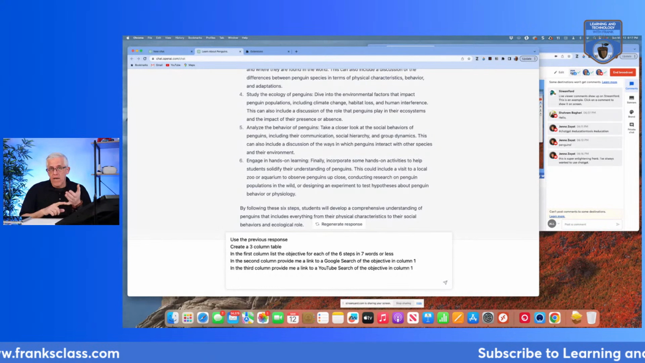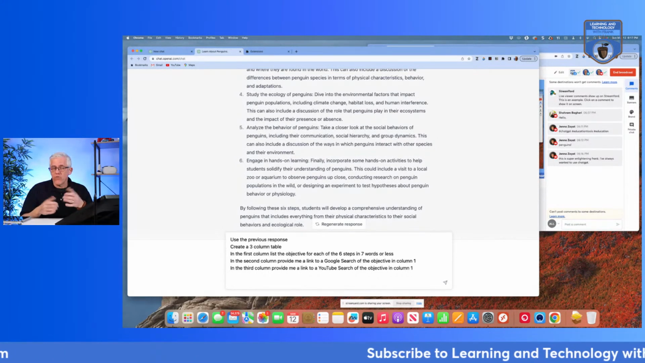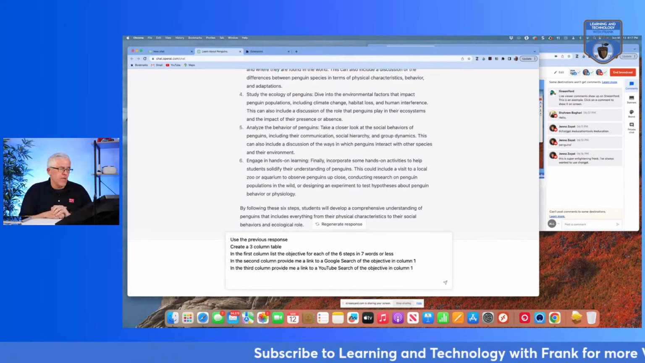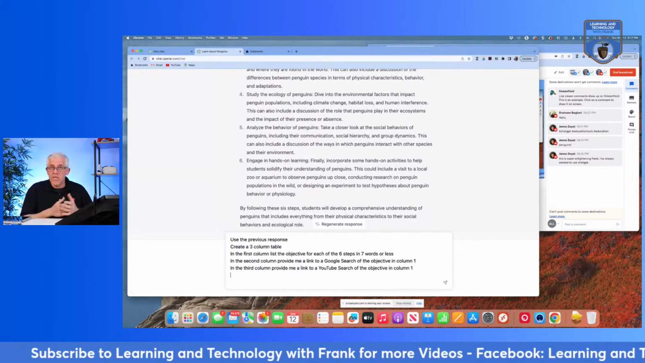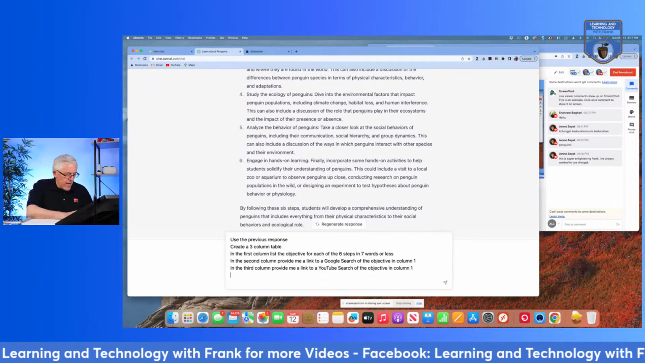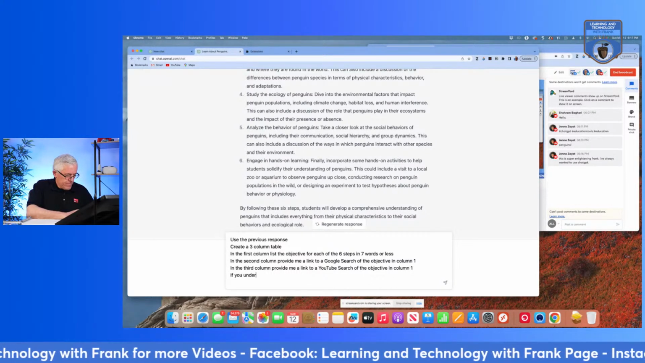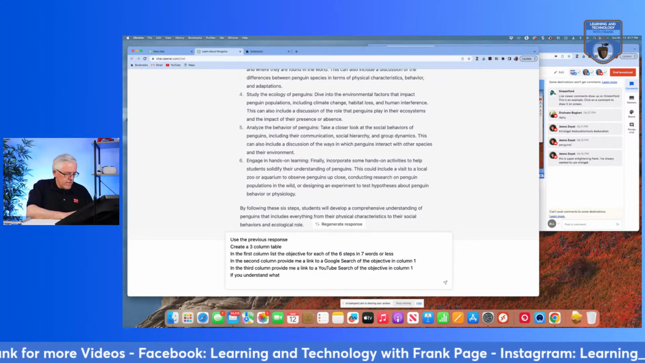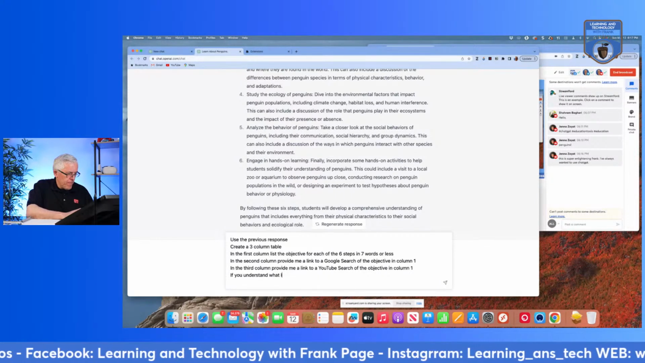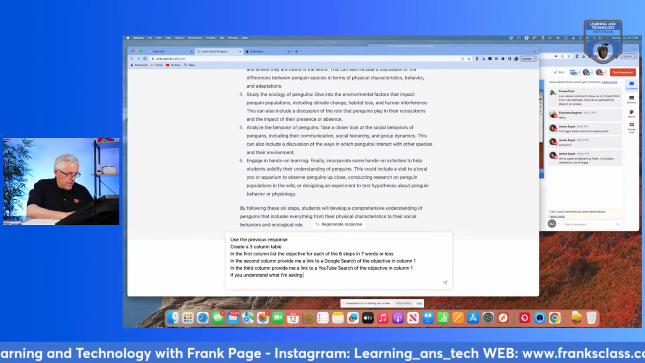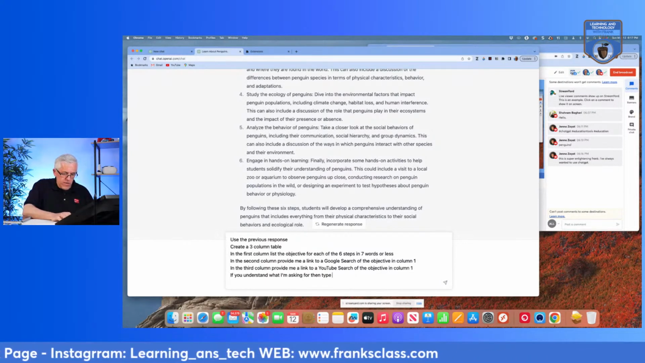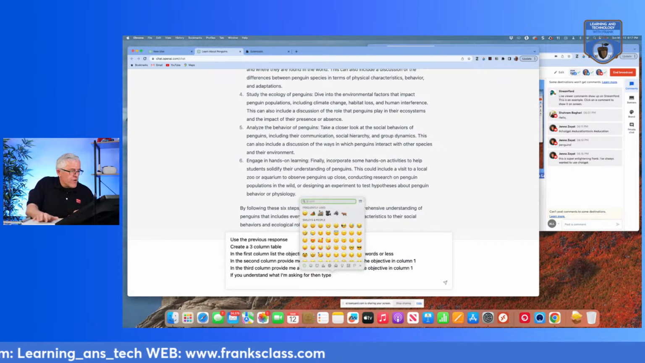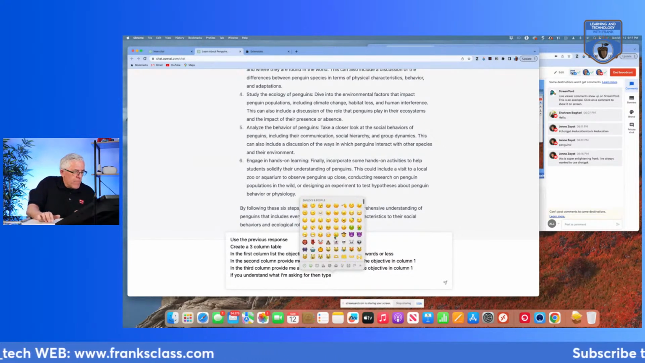It could be Python, Power Apps, a technical subject, a biology subject, whatever the case may be. And I want to make sure that ChatGPT understands me. So I'm going to say, if you understand what I'm asking, then type, and I'll just use some sort of emoji character in there,